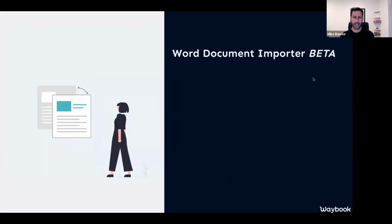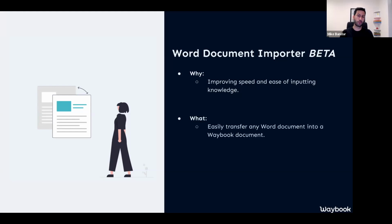Next up is the Word document importer. Now, this is the one I mentioned to you before that I've literally just got access to myself. I saw it in testing a week or so ago, and I've just had a play, and it's amazing. The reason why we're focusing more and more on importers is really to increase the speed and ease of you creating your single source of truth, inputting that knowledge from various different files and formats that may already exist across the business. And what we've done this week is make it really easy for you to transfer any existing documents you have in a Word document